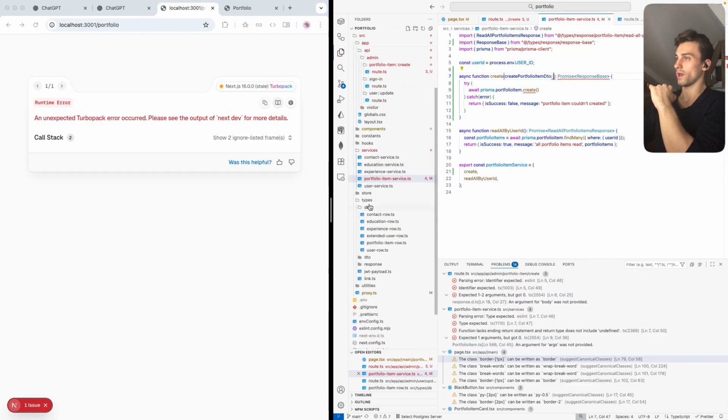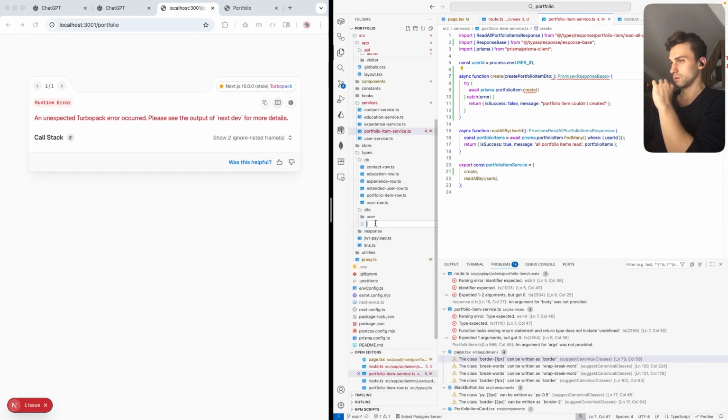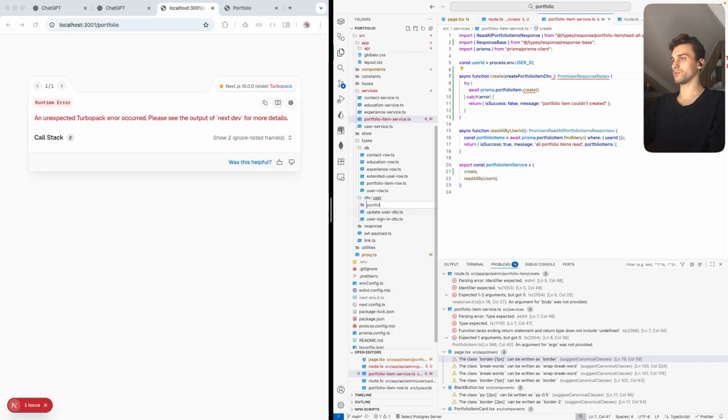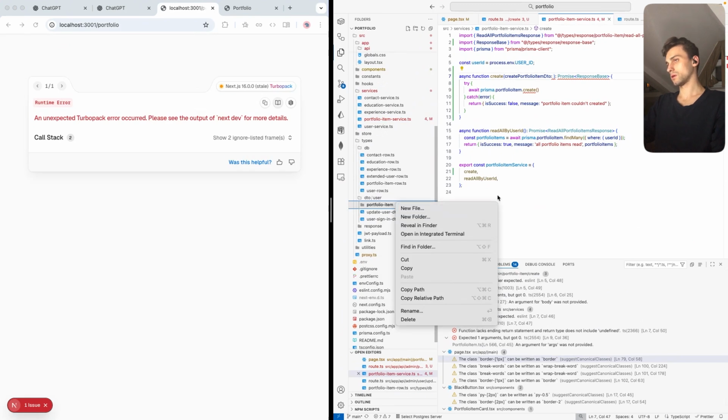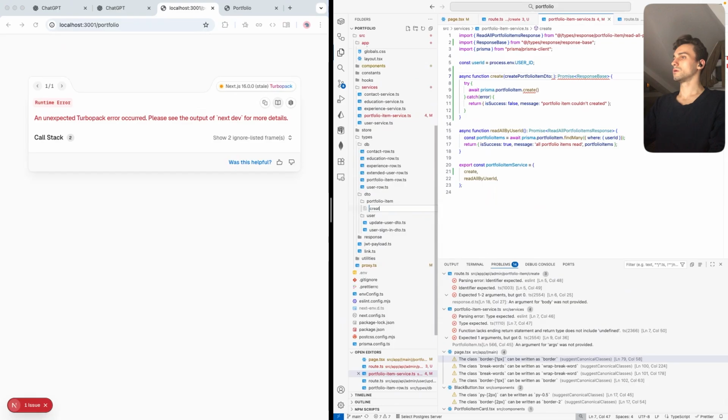Now I need to add the type of this detail object. Where are we right now? We are in the detail folder, and we also need a folder for portfolio item, but not inside user, inside detail. Create portfolio item detail dot